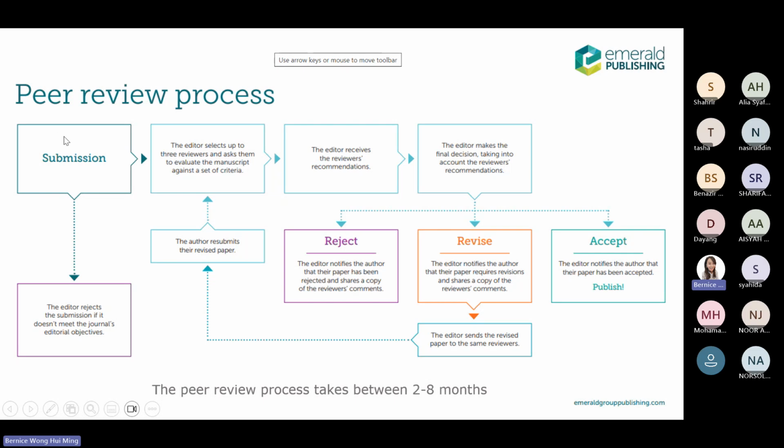When we receive your submission, there are 2 possibilities. The paper can get rejected straight away by the editor if it doesn't meet the journal's editorial objective. The reasons for these rejections are, for example, not meeting the manuscript requirements, exceeding the word count, and also the formatting. So it will be rejected straight away. For example, your topic is about social media, but you submit into a health and social care journal; definitely they won't read through your article. They will reject your paper straight away.